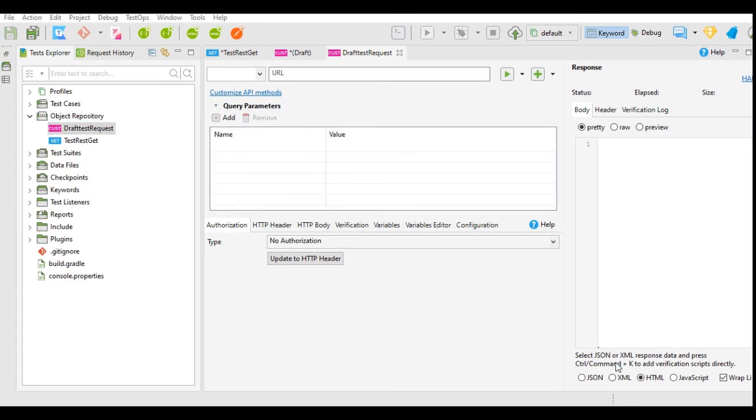This way we have learned how to create a new REST request in Katalon Studio, and this request was with the GET request type. Further, we will learn about the post request, put, delete request for REST APIs, and we will also learn the SOAP APIs. We will learn about the variables, verifications, and authorization. So stay tuned and keep learning.